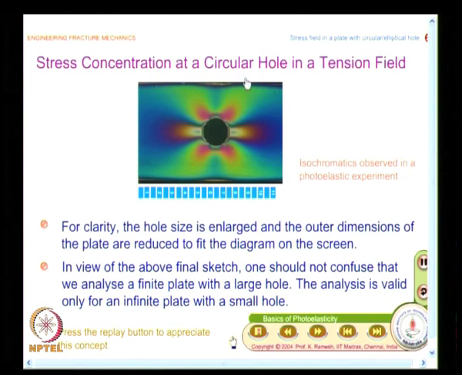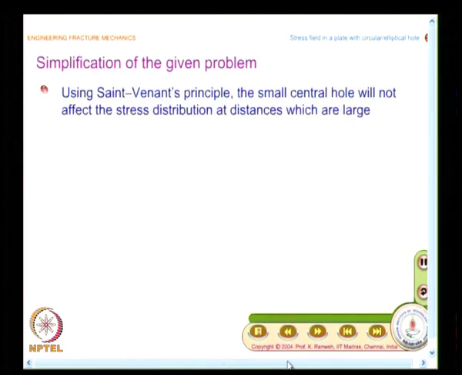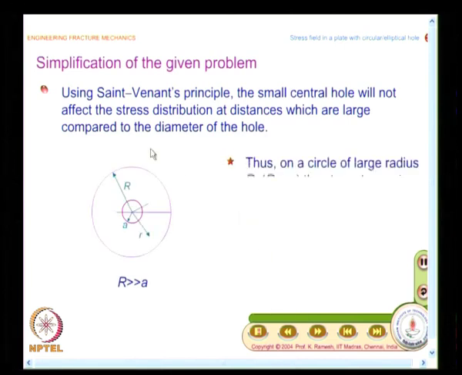Do not confuse this, this is for a finite plate with a hole, not for an infinite plate with a small hole. So, what we do is we are using Saint-Venant principle. The small central hole will not affect the stress distribution at distances which are large compared to the diameter of the hole. So, I take R is much greater than A, but pictorially it is represented in this fashion, but mathematically you recognize R is much larger than A,